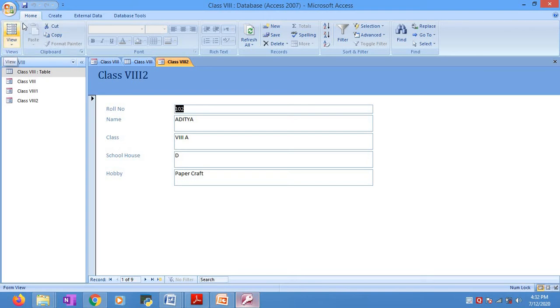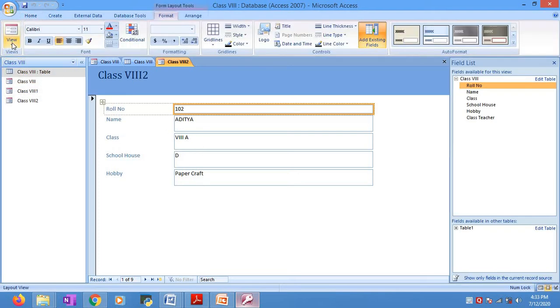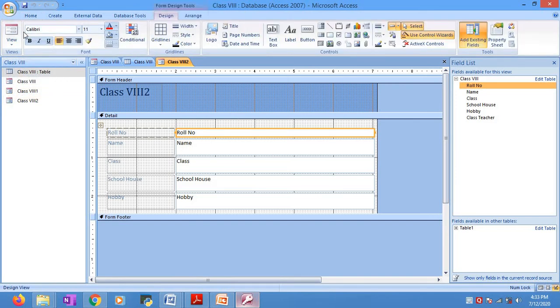Here on the top, if you see, there is a view, right? If you click on the form view, this is the form view. Next is the layout view. This is the layout view. And here it is the design view. And there you will get more options in the ribbon. Just see the ribbon also.